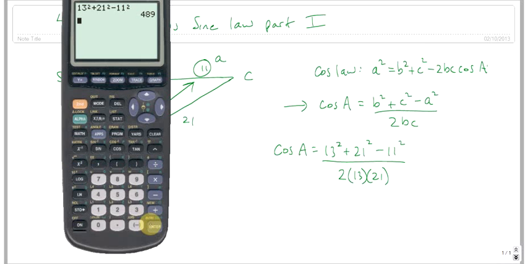You have to hit equals if you don't use brackets or you get the wrong answer, right? Divided by 2 divided by 13 divided by 21. Those are all on the bottom, so you have to divide each one. That's what cosine A is,